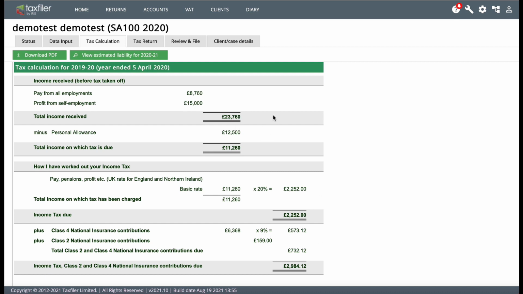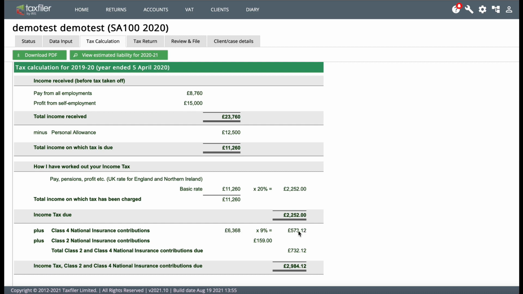So just to summarise that again, we've got total income of £23,760. We've got a personal allowance of £12,500, which leaves £11,260, which we pay tax on. £11,260 at the 20% basic rate is £2,252. Class 4 NI is based on self-employed profits of £15,000. We get a lower profits limit of £8,632, so we pay Class 4 NI on £6,368 of profits at 9%,